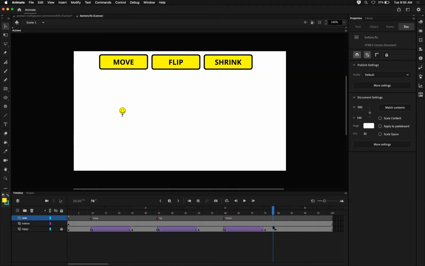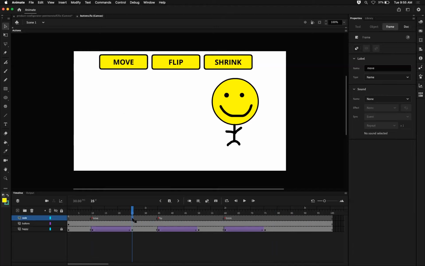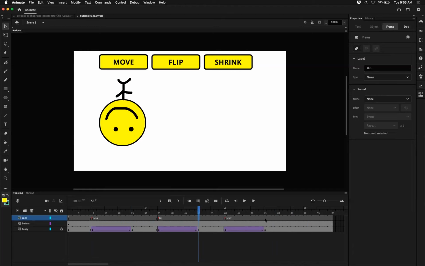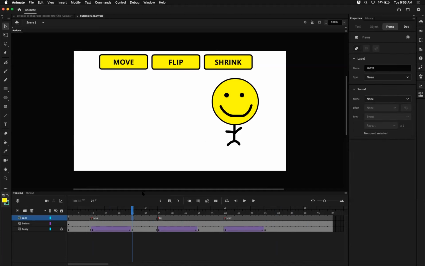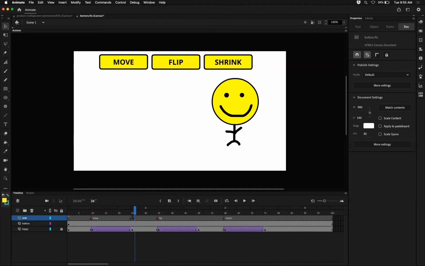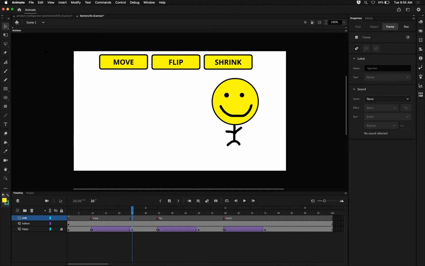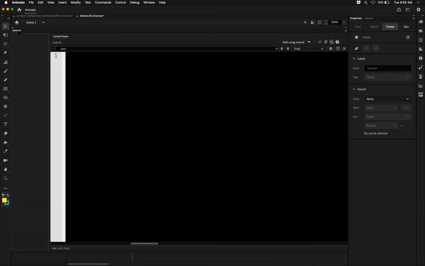So what we have to do is tell the timeline to stop at the end of each of these spots, right? And then we can get it to move and tell it to stop there. So what I'm going to try is put a keyframe here at the end of my move animation, and put a stop command here. Now, I'm not sure if I can use timeline here. This is something I'm just going to tinker with for a second. I think we might have to put,